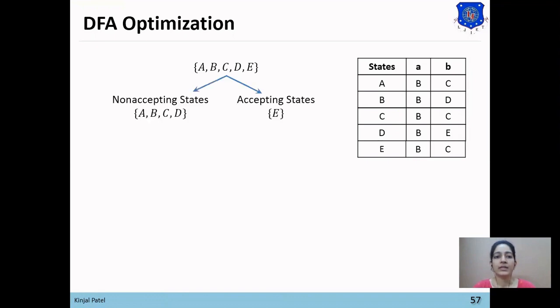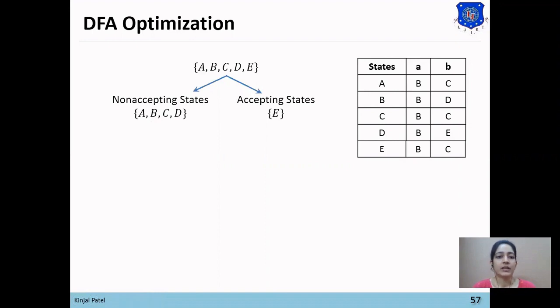So here you can see the two sets, one for non-accepting states and one for accepting states. A, B, C, D are in the non-accepting states and E is in the accepting states. Now we also want to divide A, B, C, D into two sets. For that we will check which state each state goes into. If they are going into a state that is a member of this set, then this state will be in the same set. Okay, I will explain this by example so you will get more idea.